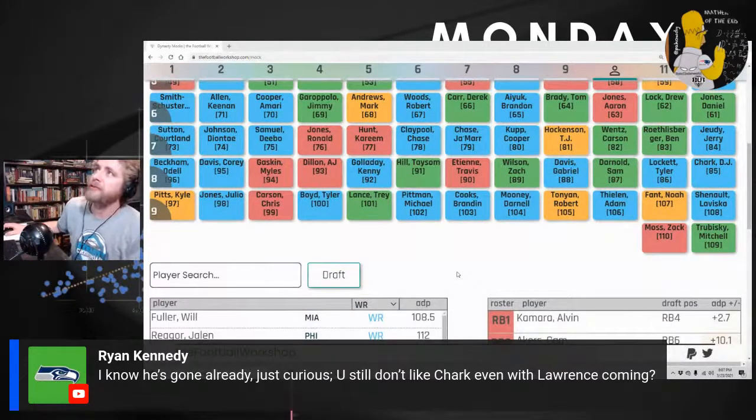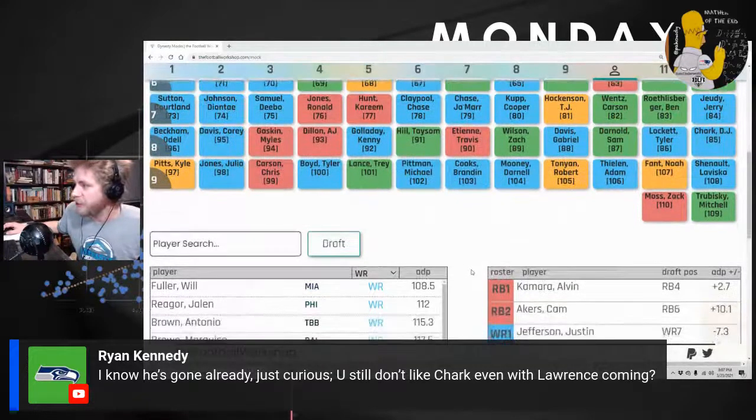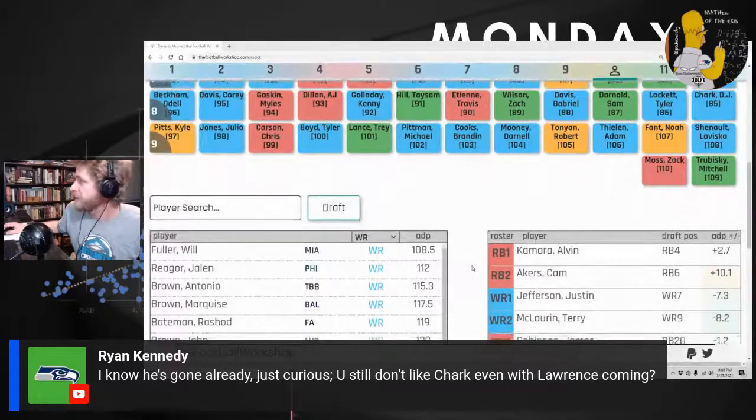Who was it I traded? I traded him for Mike Gesicki as it was happening, and people called me crazy. And I guess it still kind of is crazy, but I think I've done fine in that trade. A terrible year for Mike Gesicki between here and there, and a terrible year from Chark. A tight end premium league is fine.